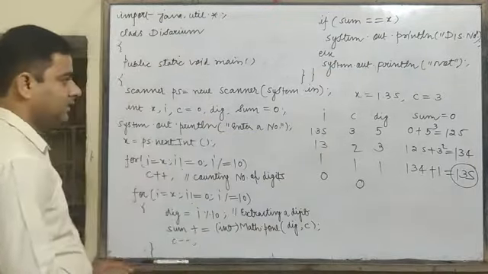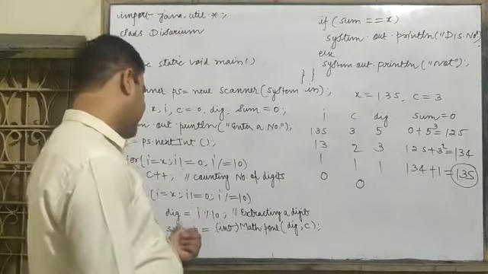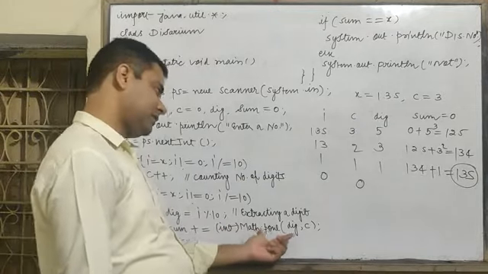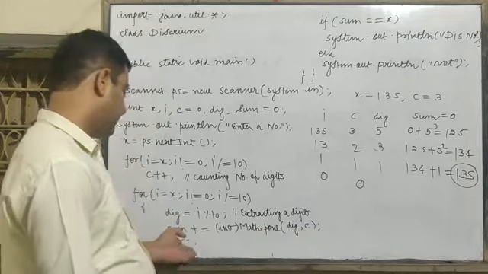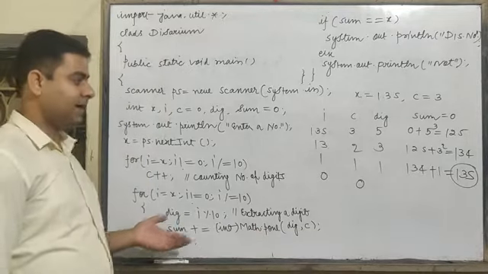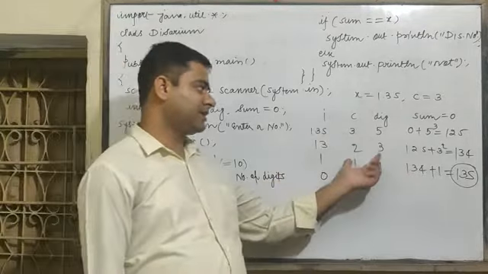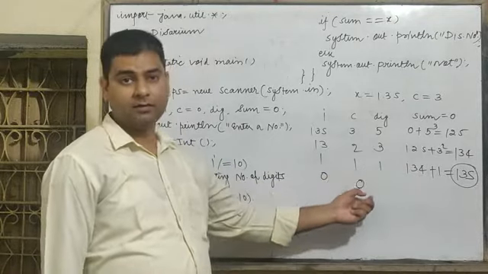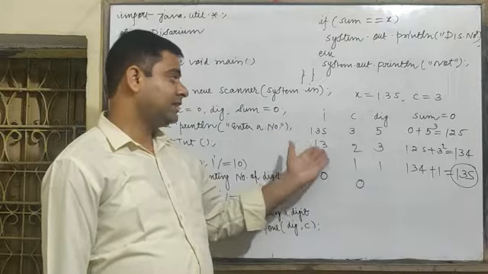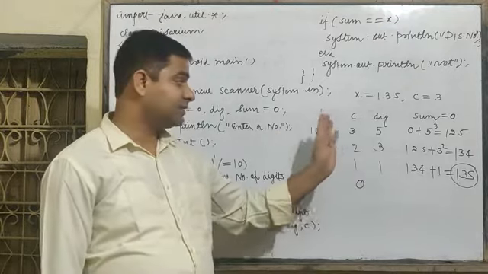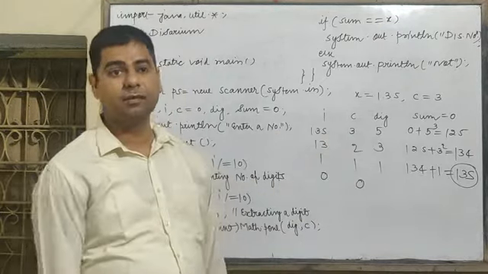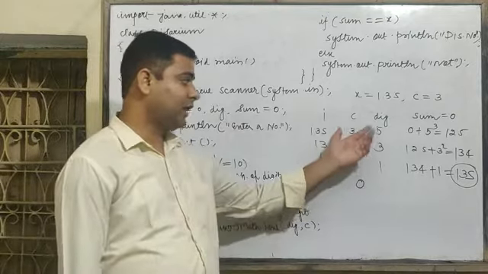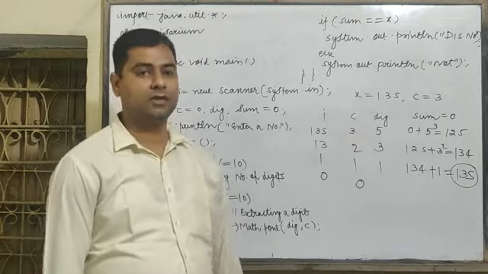So you can see here how we are extracting the digit and then we are calculating the power of the respective position. Then we are decreasing the value of c by 1 because every time we have to decrease the value of c by 1. If you will not decrease the value of c, then it will remain 3. Okay? So each digit raised to the power 3 will be calculated. The answer will be wrong. So respectively, we have to decrease the value of c also.